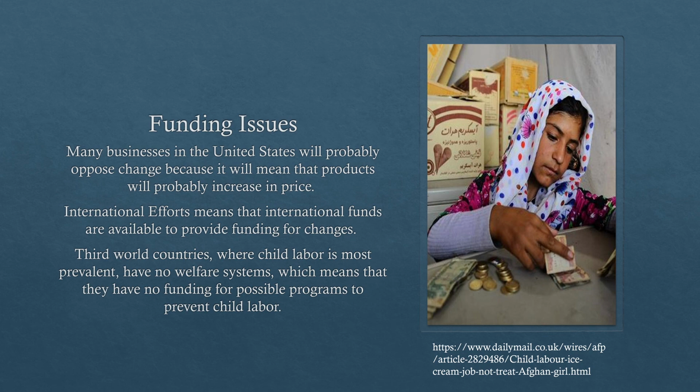And as we discussed, third world countries by definition have no welfare program, so they don't have any sort of funding set aside to try to help these people. So it's going to be needed that to start this up, they're going to need some outside help. The nations who aim to reduce the need for child labor can donate these funds to help set up third world countries.